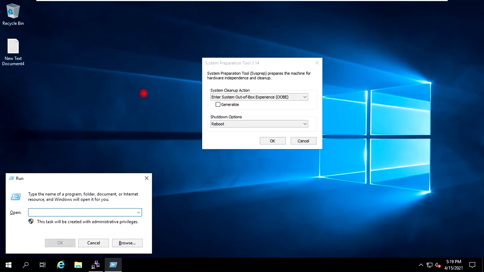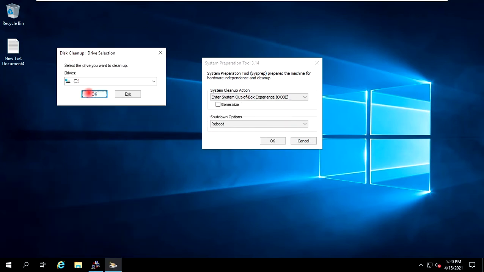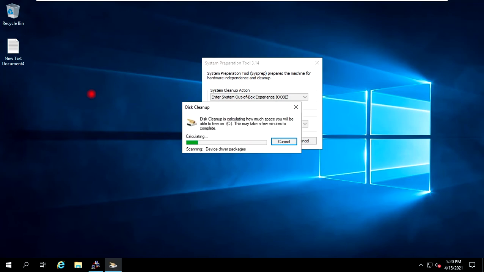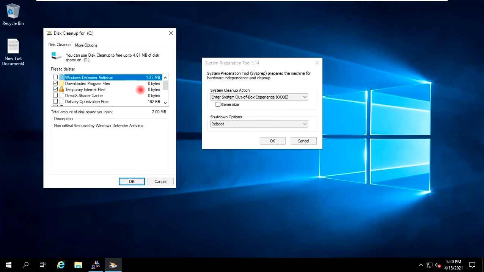I will go to run and I will give the command cleanmgr. Okay. On this window of the disk cleanup, we have to select temporary files, internet cookies, downloaded program files, and we have to select the older version of Windows also if it is present.